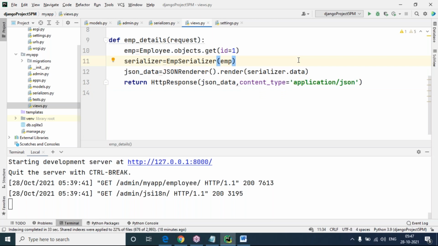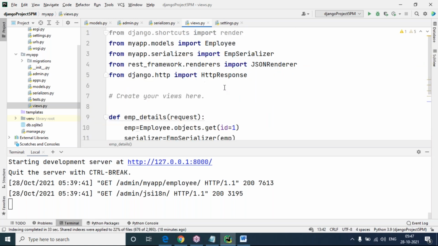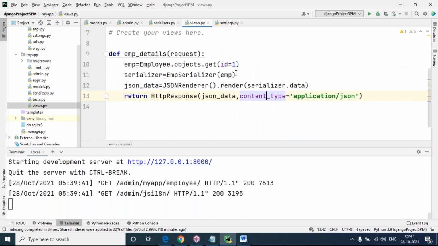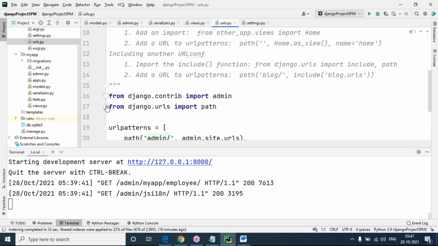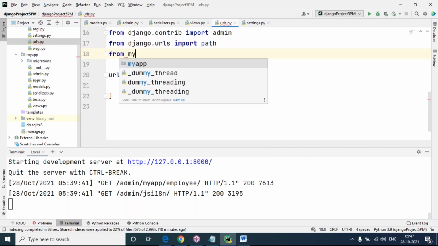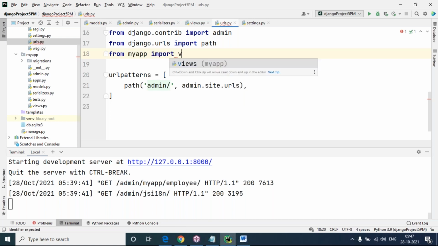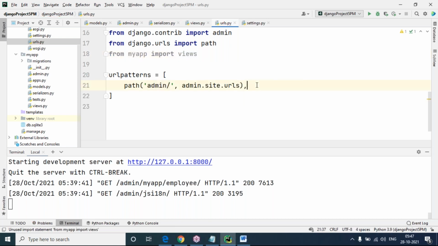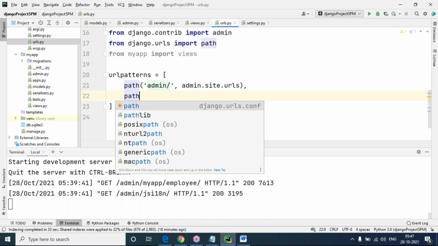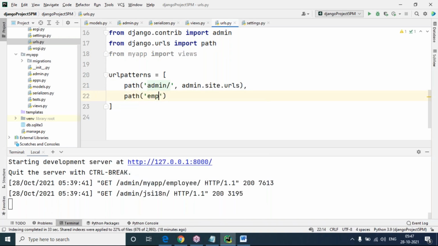So that's all. Okay, I'm going to execute this by creating URLs now. How to execute by creating URLs? Just go to urls.py. Yes, I'm going to urls.py, and in this urls also I'm going to import your application: from myapp import views. Simple. So let me give the path here, clear path I'm giving. So what path I'm giving here? You can see path of emp I'm giving, emp slash. Then what I'm taking? views dot.